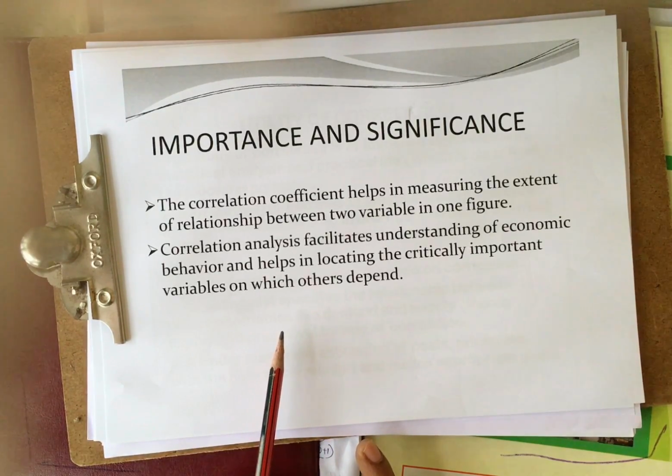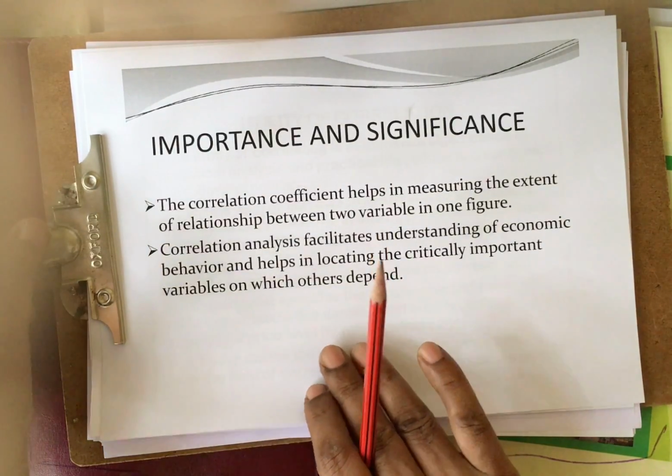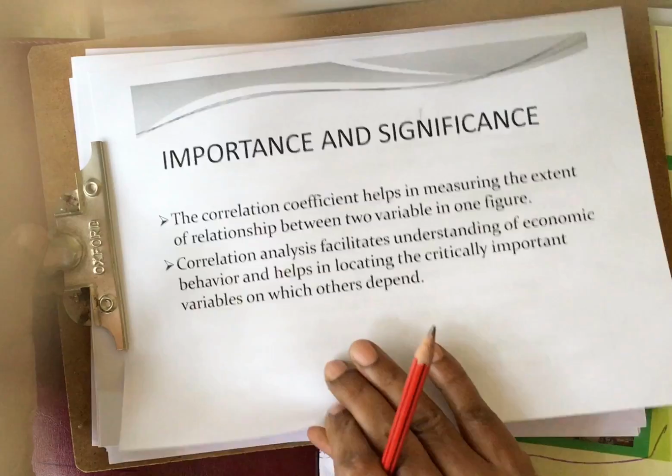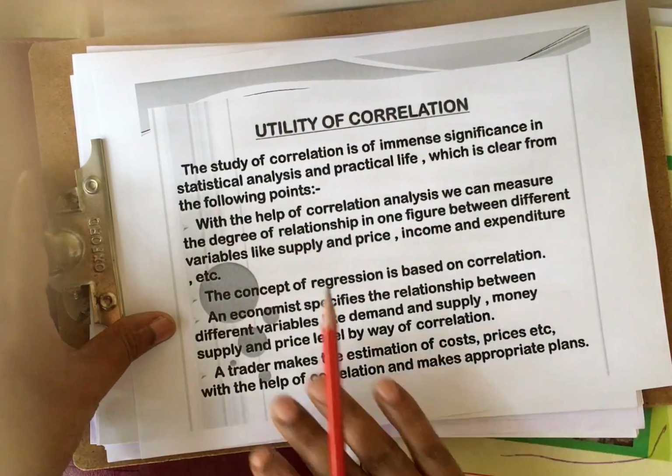So correlation also shows where the changes are and how dependent the variables are on another variable. Of the two variables, one is dependent upon the other, and how much it is dependent, for x on y and y on x, is measured in correlation. And in another way also we can study the relations; that is called the utility of correlation.